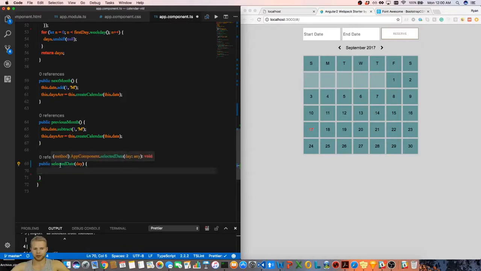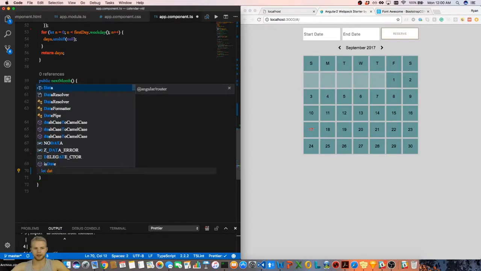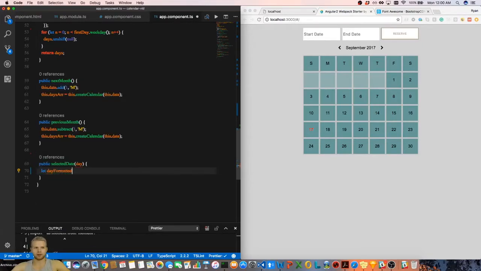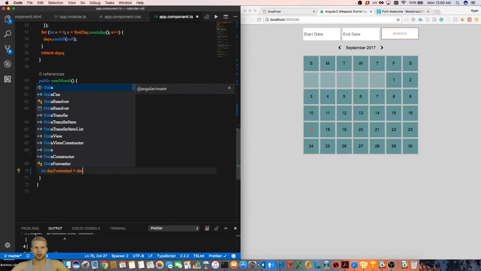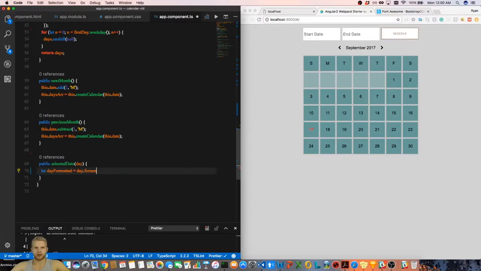So what we're going to do here is let day formatted. We don't want to store the date object again in our input. We want to store it as a nicely formatted string for the user to read. So we're going to do day.format, and I'm just going to format it to month, day, year, typical format, very user friendly. And we're going to come down here and do